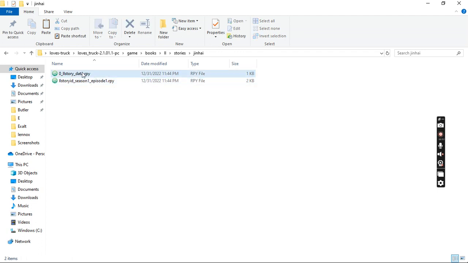And then we change this top one up here. We change it to just story data. We remove the LL. And then for the next one, we change it to be our story ID. Now you can have whatever story ID you would like. For me, I'm going to change it to the same thing as the file, which you do need to do. It does need to match the file name. So, next up, we open the